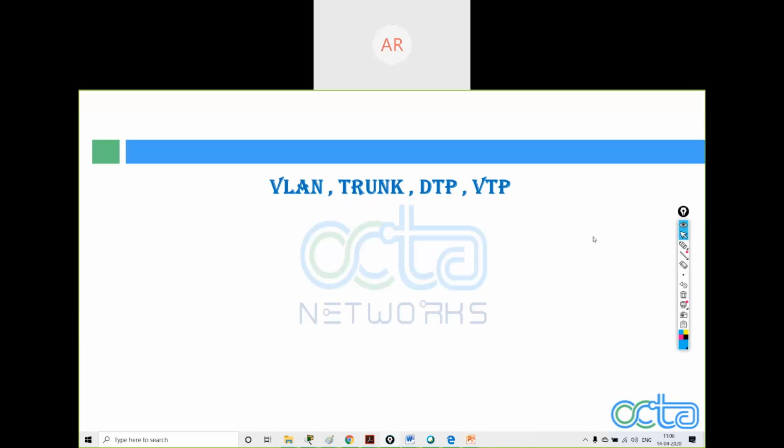Standard VLAN and extended VLANs. Okay, and what else? Default, anything you know? Native VLAN, right? Like native VLAN. I think if it is not assigned to any VLAN, the traffic will pass through the native VLAN. Correct. You can say it is a default VLAN on every Cisco switch. Okay, and every port is assigned to the native VLAN by default.